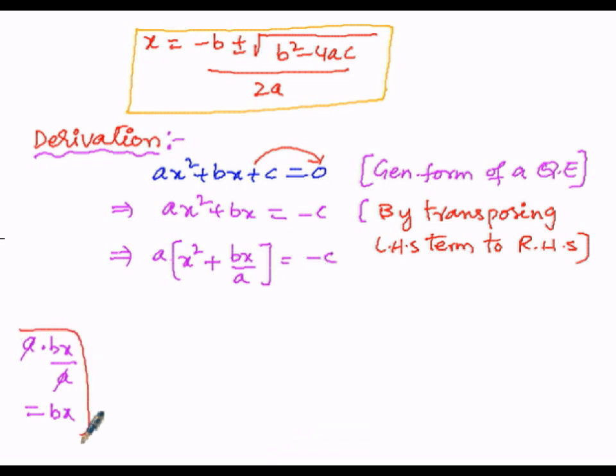Now the next logical step will be, that implies, here a is multiplied with this bracket. I want to add the bracket only on the left hand side, x square plus bx by a is equal to minus c. So here when a is transposed over to the right hand side, the multiplication becomes division by a, then now, so that implies